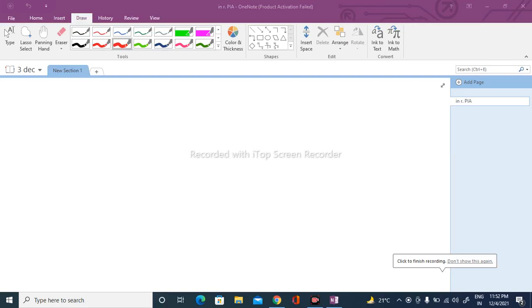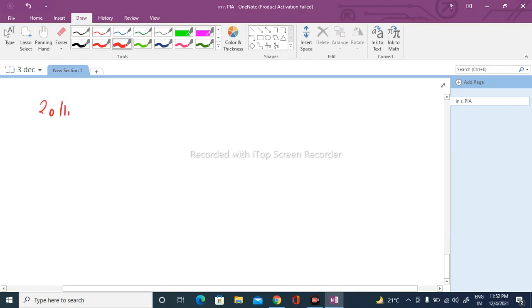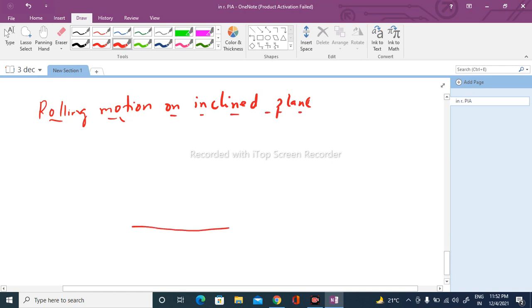In this video, we are going to see the calculations regarding rolling motion on an inclined plane. What are the calculations you have to do? We are trying to find out what the mu minimum value is. There is an inclined plane like this, which is making theta angle, and let us say there is a block here, and for the pure rolling condition, we want to check what the mu minimum value is. We are trying to find out this.